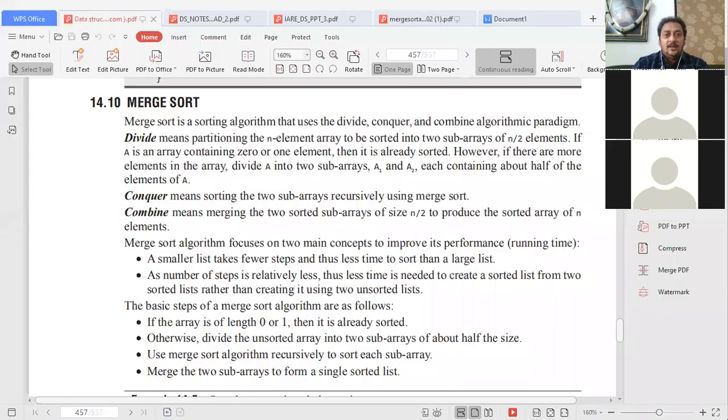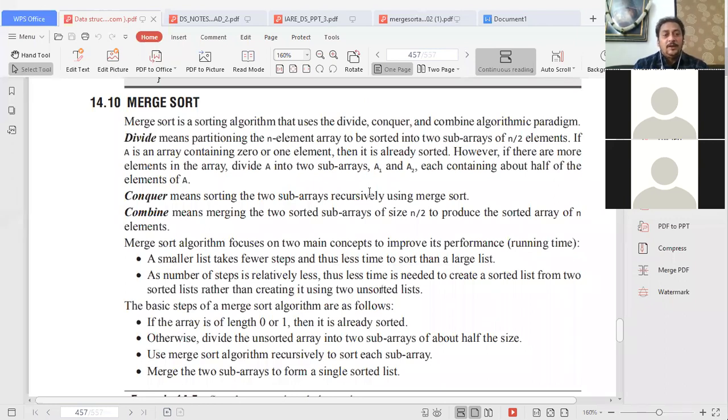So now I am sharing the screen. So this is the MergeSort algorithm. In this, the basic concept and idea of MergeSort is divide, conquer, and combine. Divide means we make it into two parts. So an array A can be divided into A1 and A2, each containing about half of the elements. Sometimes the halves may not be equal, meaning A2 may have either A1 plus 1 or A1 minus 1 elements.